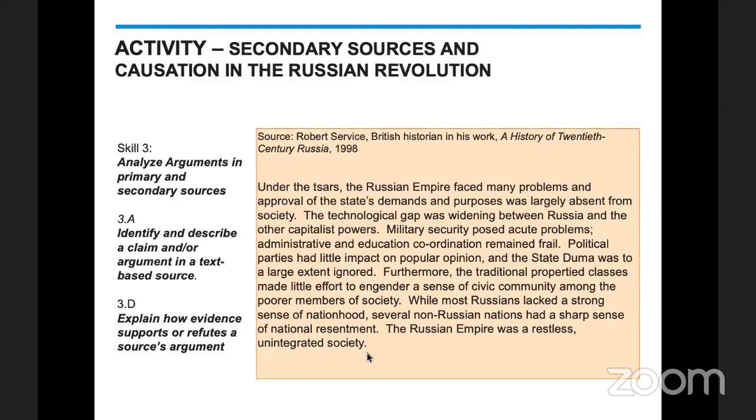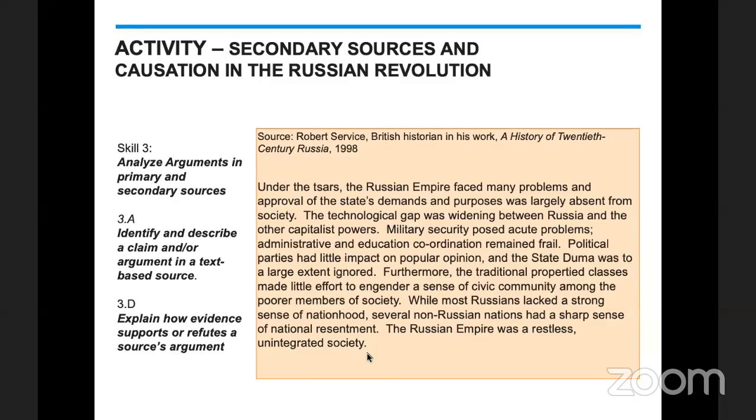It's a secondary source, and one of the things that I start off the year doing, and I didn't want to take for granted that everybody who's listening has done this before, is the idea that historians don't always agree on interpretation. That's something that students of mine sometimes take a long time to wrap their heads around, that really, really scholarly historians can disagree about things like what caused the Russian Revolution.